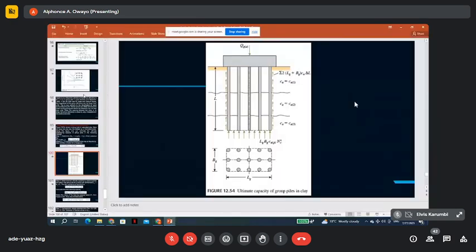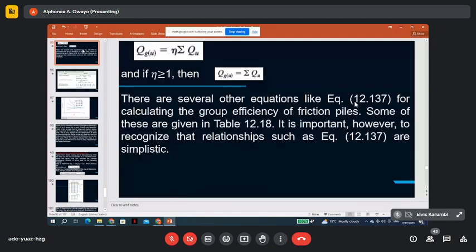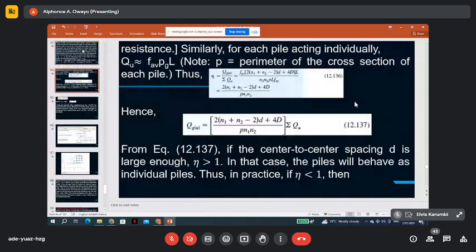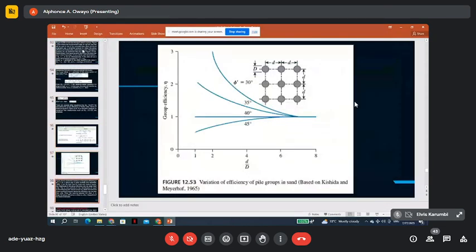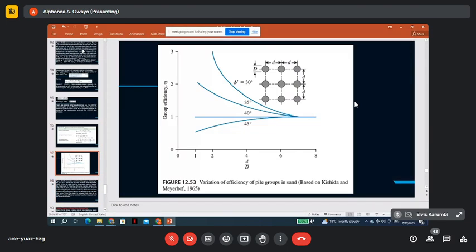So please note, for sand, the friction contribution to the bearing capacity is much more than the end bearing. In any case, the C for sand is 0. So this is why in these capacities for those in sand, we never said anything about the tip bearing, the point bearing. Okay, if you remember,